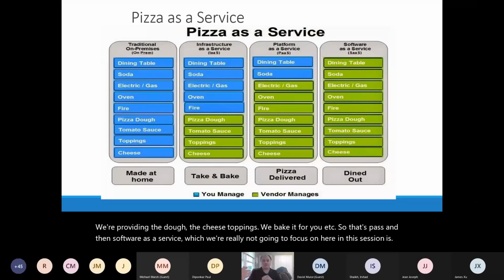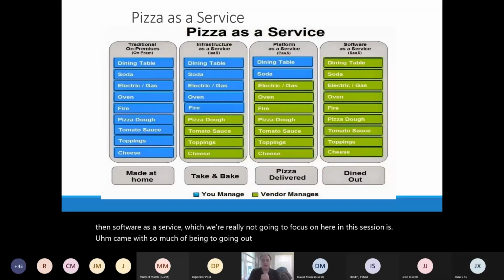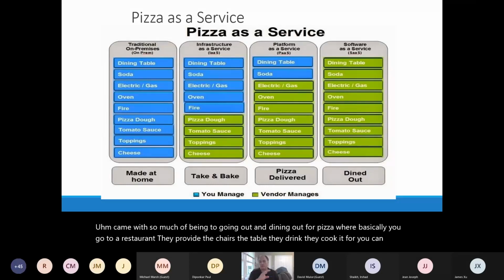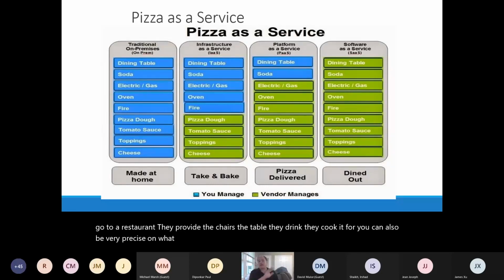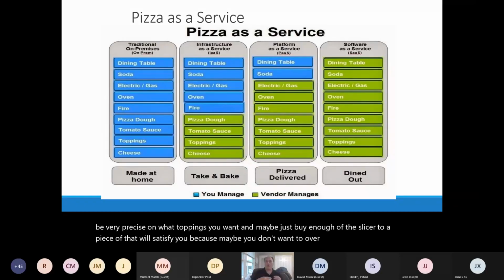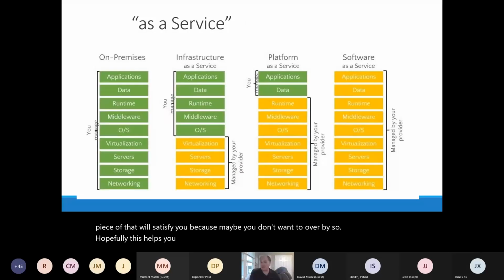similar to dining out for pizza, where you go to a restaurant, and they provide the chairs, the table, the drink, and they cook it for you. You can also be very precise about what toppings you want, and maybe buy just enough, like a slice or two of pizza that will satisfy you, because maybe you don't want to overbuy. So hopefully this helps you understand some of the benefits you have when you go to Platform as a Service